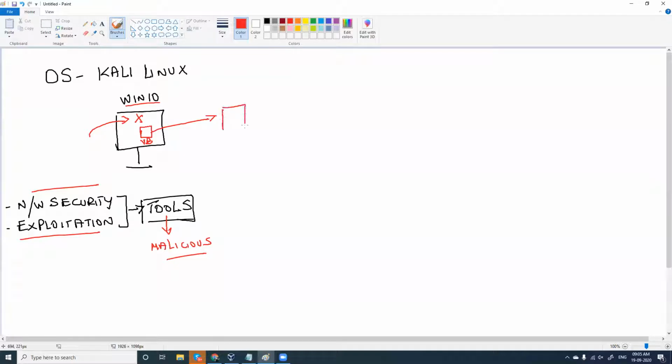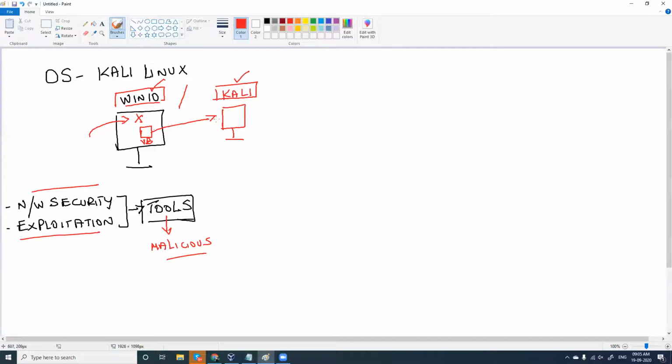I'm going to install one more operating system, which is called Kali Linux, right? You can go for dual boot operating system, but the problem with dual booting is either Windows will boot, or Kali will boot. You can use only one operating system. But when you go for VirtualBox, your Windows 10 will also be on, your Kali Linux will also be on, it will run parallelly. You can use Windows 10 and parallelly you can also use Kali Linux, right?